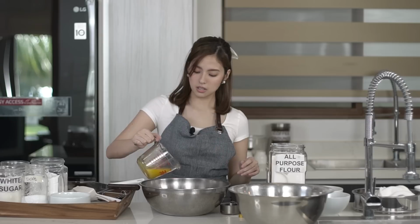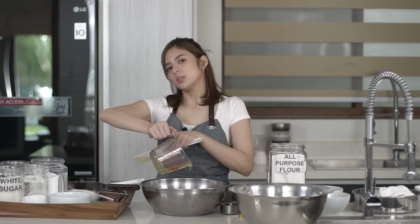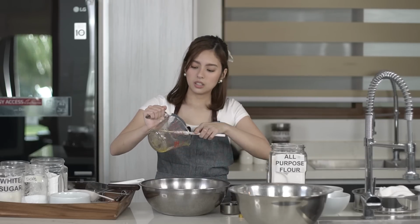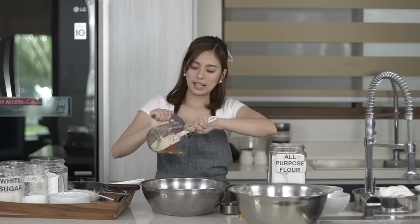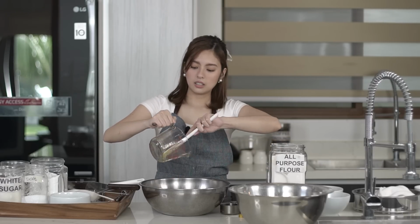May nakikita kayong mga packs ng butter. That's usually around 1 cup. So if you want 1/2 cup, just cut it in half. And that's your measurement. So we're gonna put that here. And then we're gonna use a scraper to make sure na nakuha natin lahat ng butter na nandito sa ating